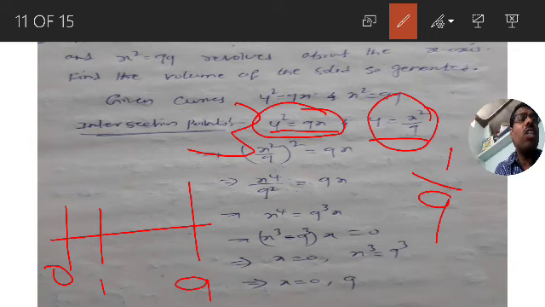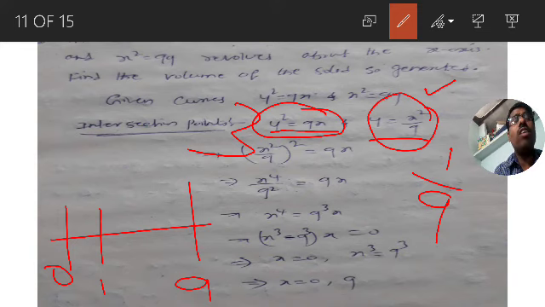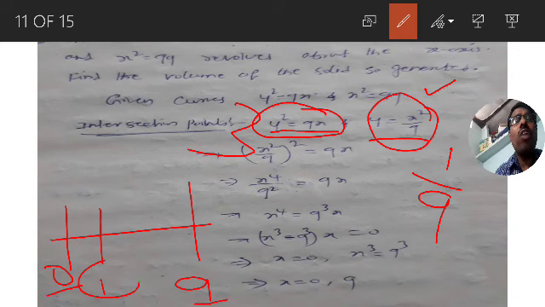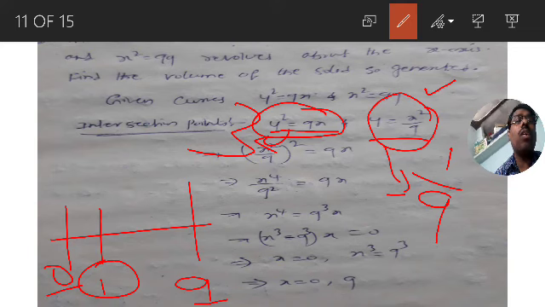So here y square is equal to x square by 9 gives y is equal to x square by 9, and here y square is equal to 9x, so y is equal to root 9x. Now we got the limits 0 to 9, so in between you will get 1. Substitute 1 here, you will get 1 by 9, and substitute 1 here, you will get root 9, that is 3. So 3 is greater than 1 by 9.